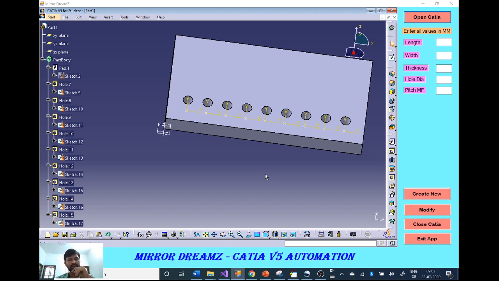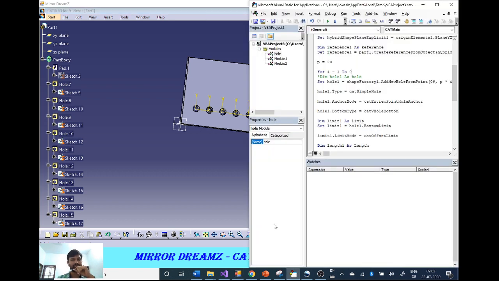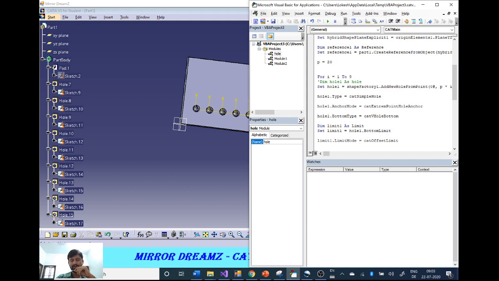What we have to do is create the second column. To do that, I'm going to again introduce a for loop. But where do I have to introduce the for loop? I'm going to introduce the for loop just above this hole creation process of rows, because I need these 9 holes to be created again in the second column also.